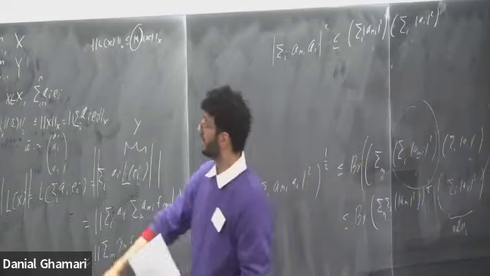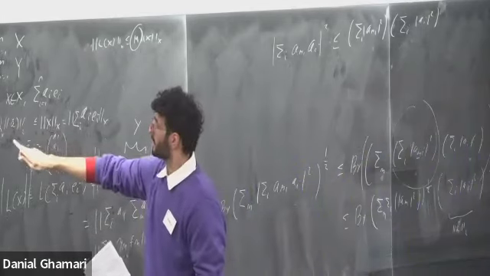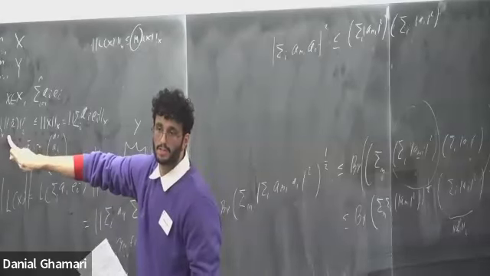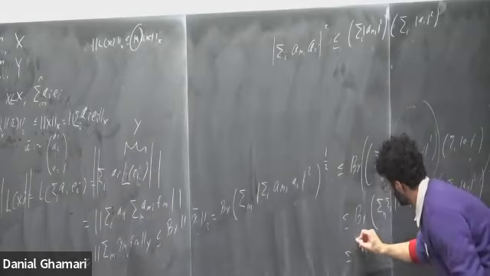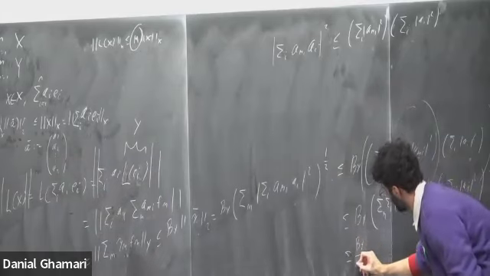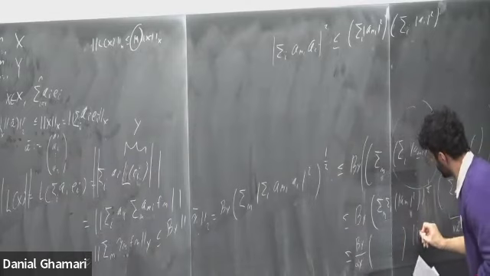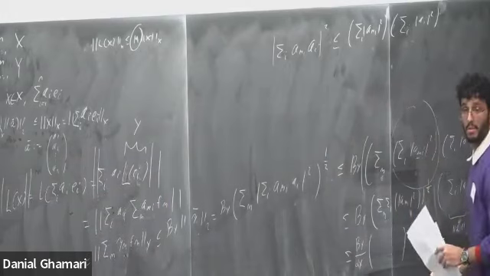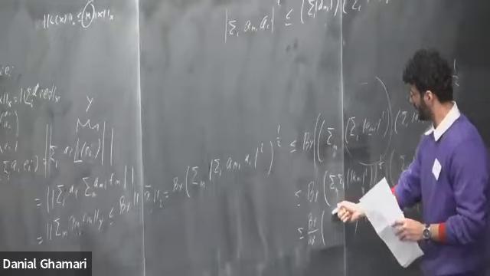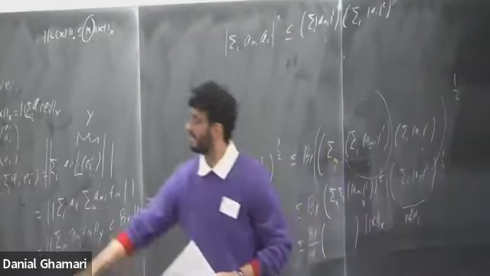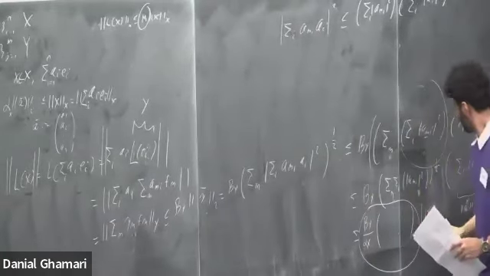But from our result over here, I have that the two norm is bounded above by the norm of x. I just have to divide by this scalar alpha x. What I have here then is that this is bounded above by beta y over alpha x times this double sum here times the norm of x in this vector space x. So what I have here then is that L of x is bounded above by this number times the norm of x.